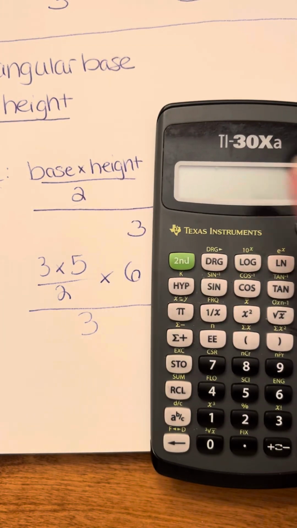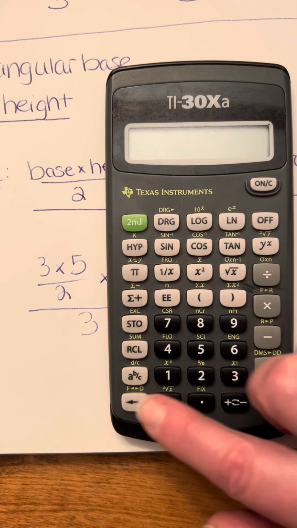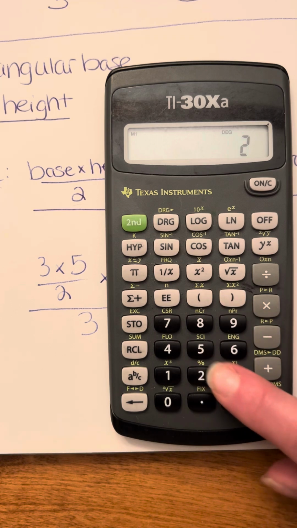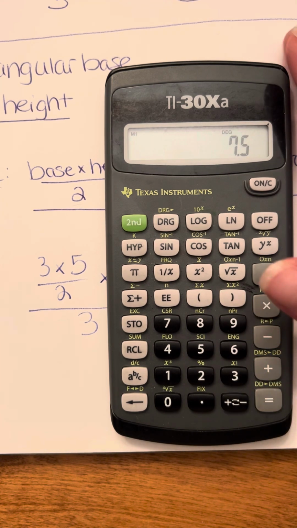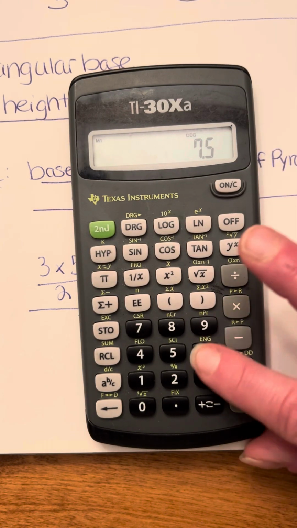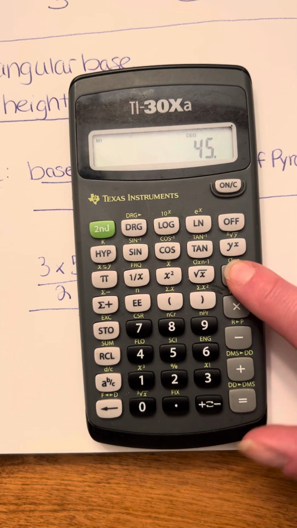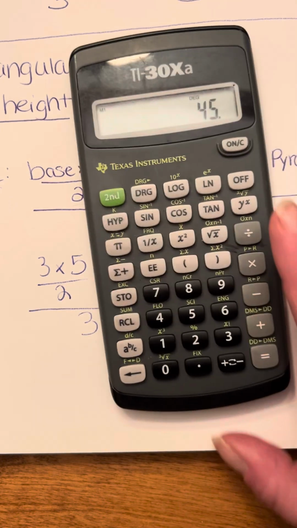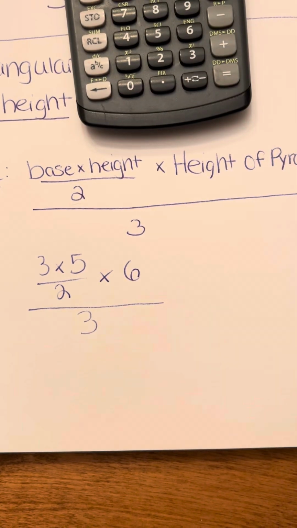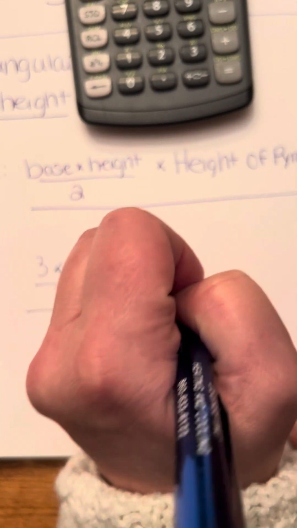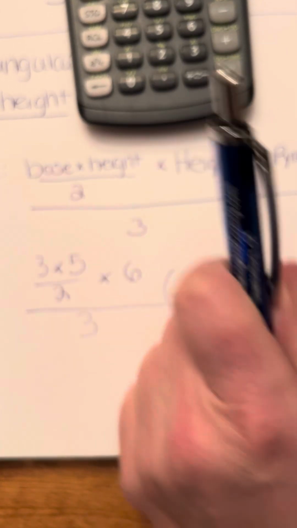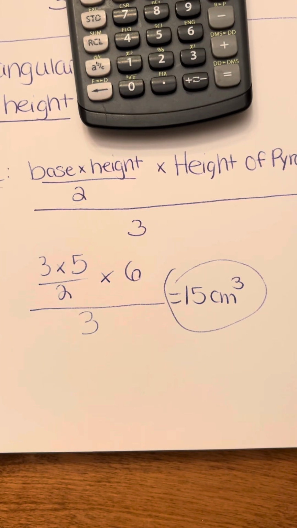It's a lot of calculator work, a lot of this volume stuff. 3 times 5, again, most of this you can just do in your head. 3 times 5 equals 15 divided by 2. I just want to point out, when you have decimals, do not touch those decimals until the very end of your answer. We're going to times it by 6, get 45, and then as our last step divide by 3, which should be pretty easy. These are easy numbers, and you get 15. So our volume on this one is 15, and we are doing centimeters, so the answer would be in cubic dimensions, so 15 cubic